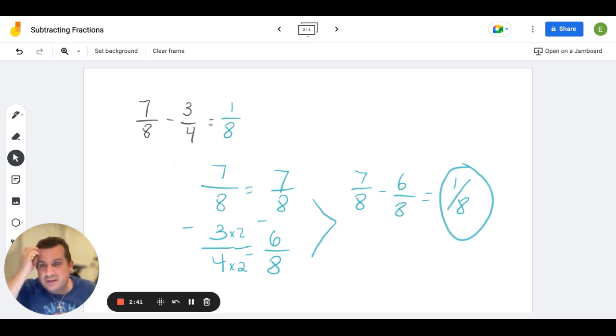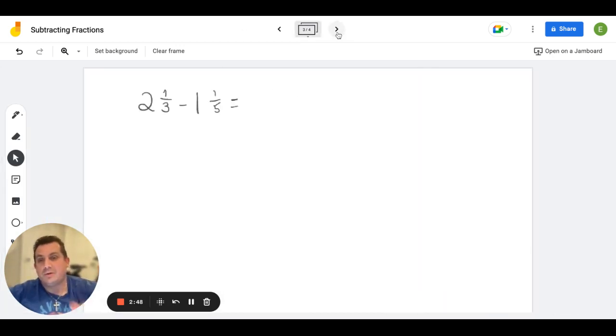Now, this is, I would like to say, an easier problem, because as we move along, the problem's going to get a little more complicated. So here we have 2 1/3 minus 1 1/5. So there's a couple things that we have to do here. When we're subtracting with mixed numbers, and we have 2 1/3 is a mixed number and 1 1/5 is a mixed number, I like to,